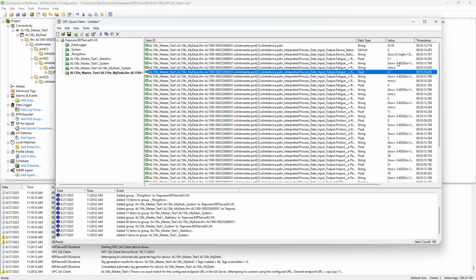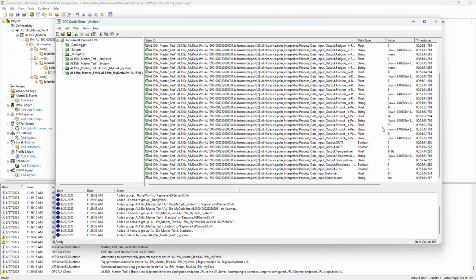If we scroll way down past this, we'll also see for the vibration units, everything here is on port 2. We also see temperature. So this is pulling in at 84.92 degrees, and we'll see that it is in Fahrenheit. And then down below here for port 3, we'll see that the ultrasonic sensor is reading a distance of 37 centimeters for the object that's in front of it. So that is just a nice quick overview of connecting over OPC UA with Kepware or UA Expert or any